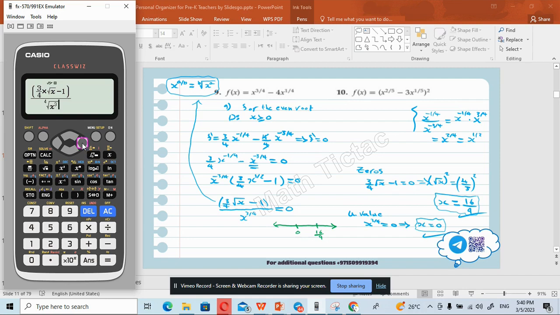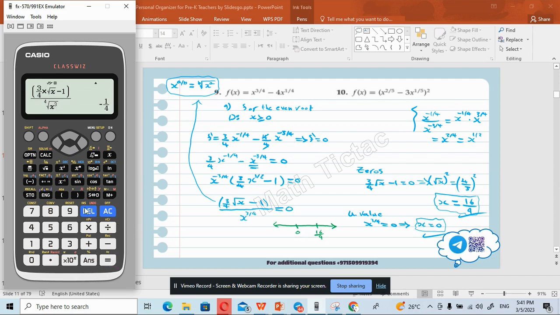Of course we cannot take any value less than 0, because in here we have an even root in the denominator. So once you calculate minus 1, for example, this is not acceptable. Let's go back and change the value. We have no values less than 0, so we cannot take them because we have an even root over here. So I will take a value from 0 to 16 over 9. Let's say 1, calculate at 1,